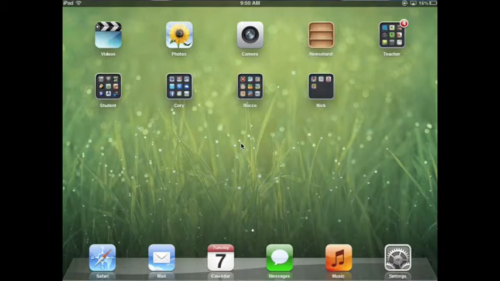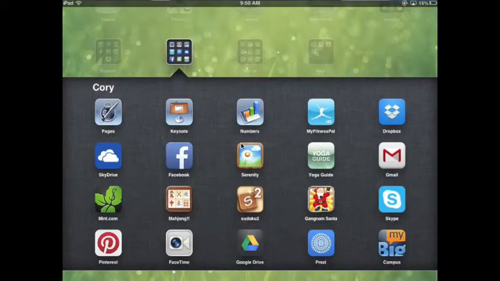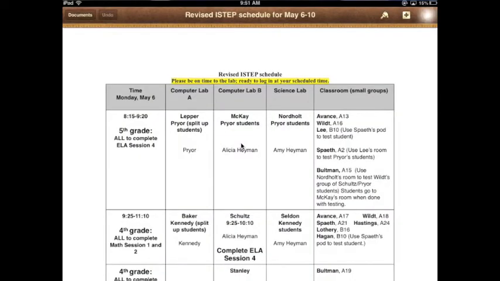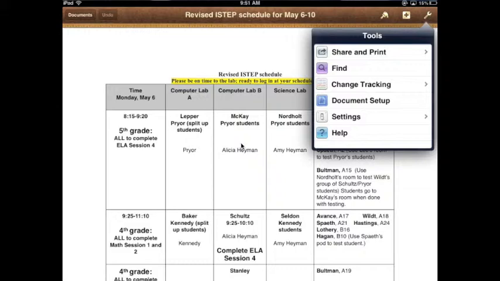Now I want to upload an Excel sheet or a document into SkyDrive or Google Drive. First I need to have the document on my iPad. So in this case it's going to be something that's in Pages. I need to tap the file that I want to upload, and I'm going to tap the tool on the top, and I'm going to share. Now I'm actually going to open this in another app,